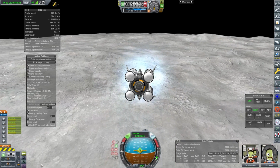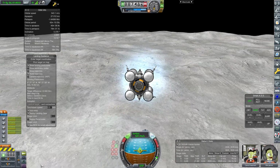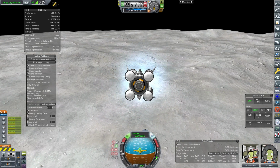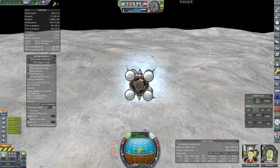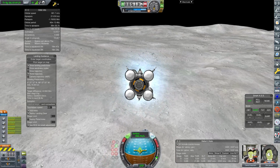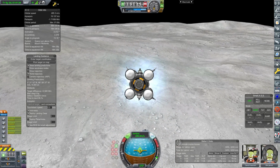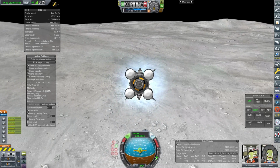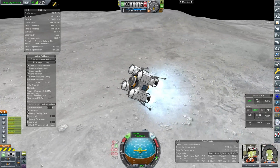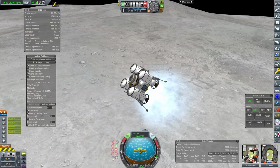I probably could have with this craft because I think it's probably got enough thrust for it, but I wanted to do the manual landing for this, primarily because of that RCS issue and orientation control and stuff like that, and secondly because if this goes wrong I kill two of my favorite pilots, which would be a big thing. So yeah, I was a little concerned about that. This was all in one take, by the way. This was one take, start to finish, and I forgot to save before a lot of this,